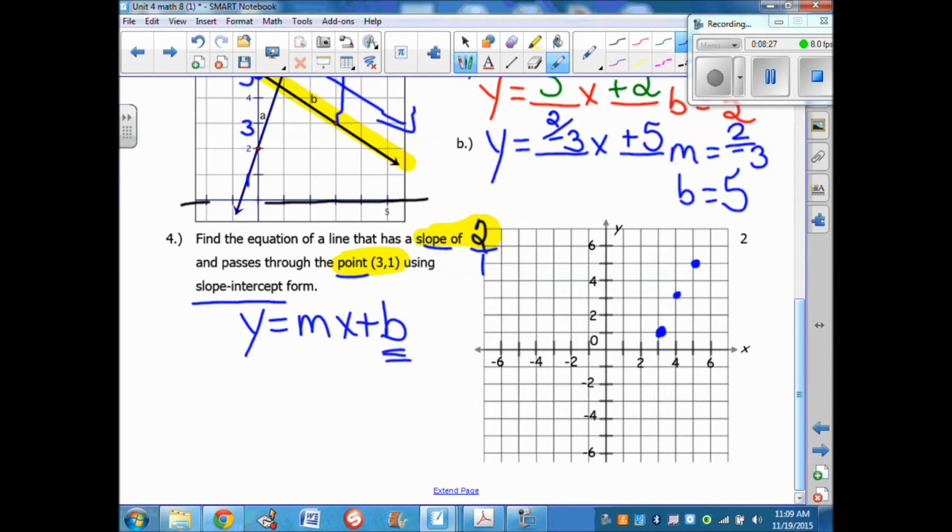Or let's reverse it, because I need my y-intercept. I need that b because it's not given to me. But I bet I can find it if I continue my pattern. So instead of going up 2 and right 1, I could go down 2 and left 1. I'm getting closer to my y-axis. Down 2, left 1. There we go. I've got my y-intercept now. So now, grabbing my straight edge and drawing in my line,